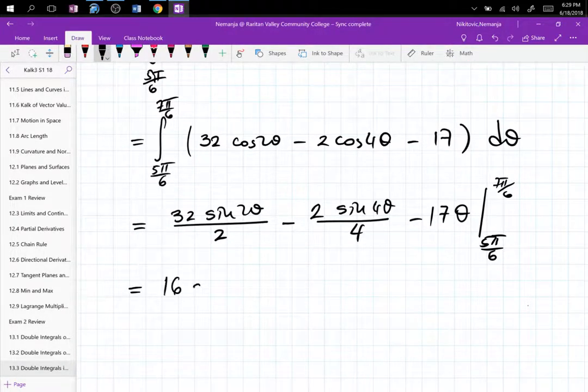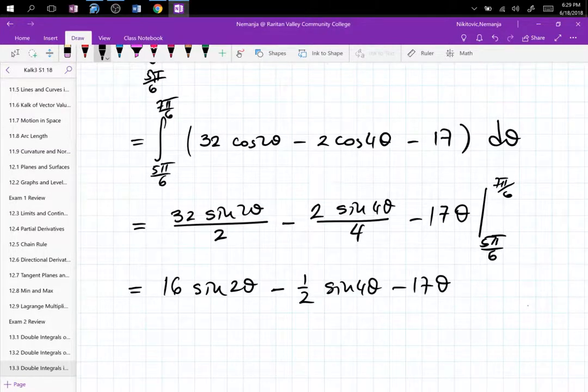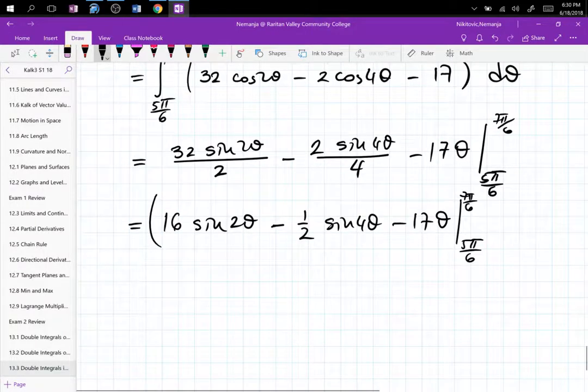That's 16 sine 2 theta minus 1/2 sine 4 theta minus 17 theta, from 5 pi over 6, who picked these numbers? To 7 pi over 6. Great. Now I need to plug these guys in. 2 will kill the denominator of 6, right? So I have